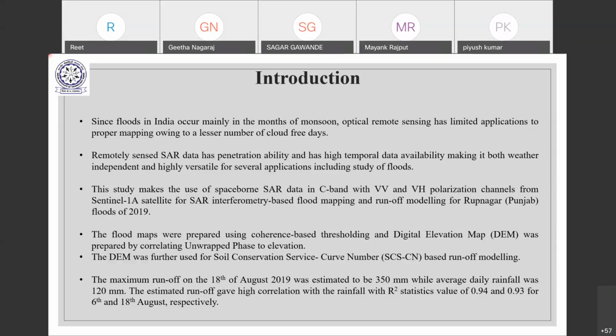So this was the map which we were able to create, and this area in figure C here, you can see that the area is completely covered with